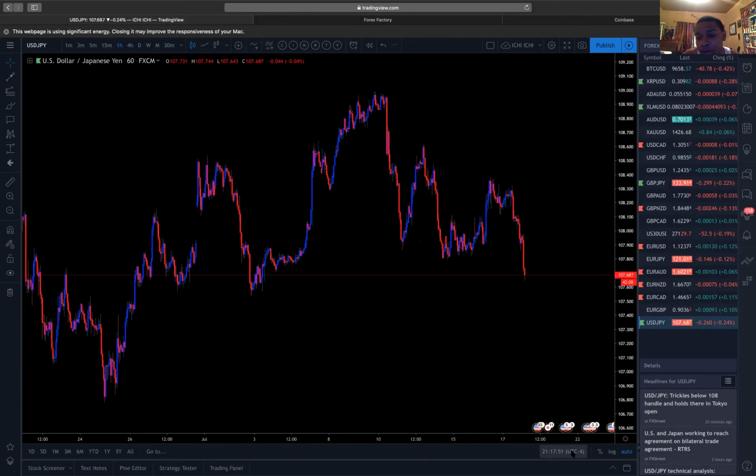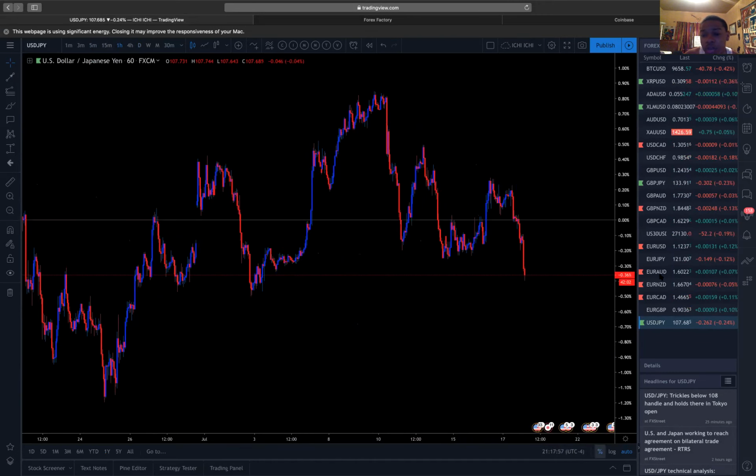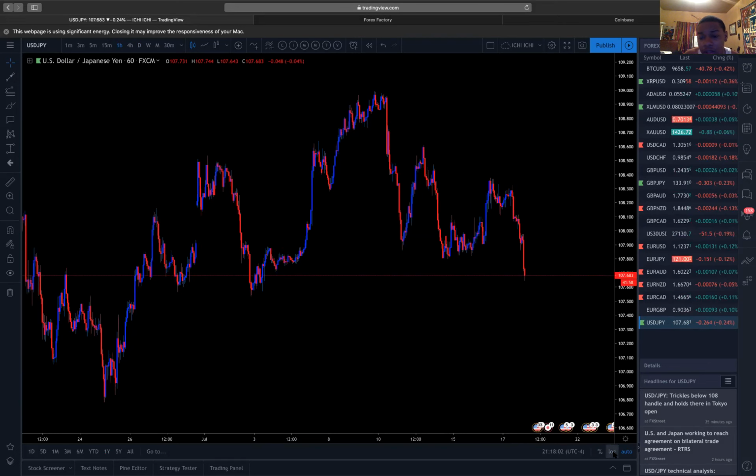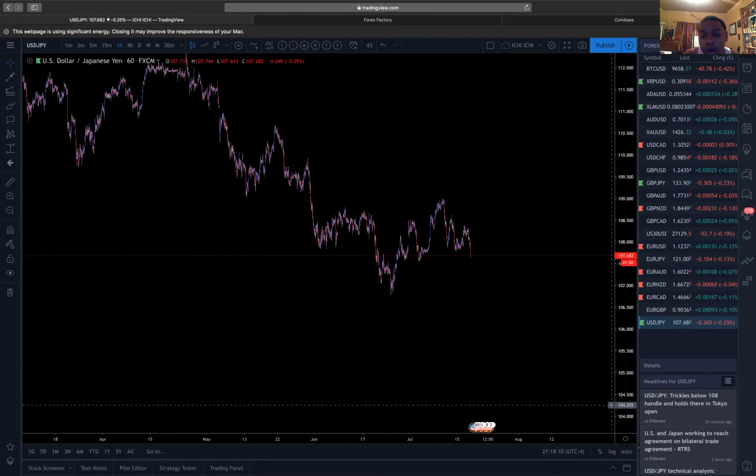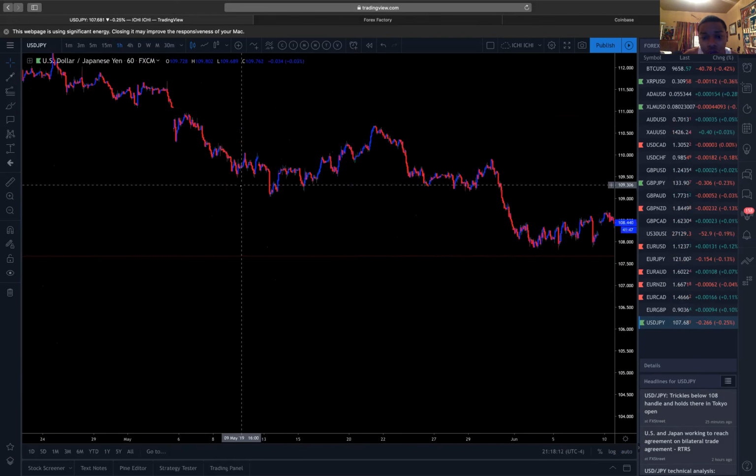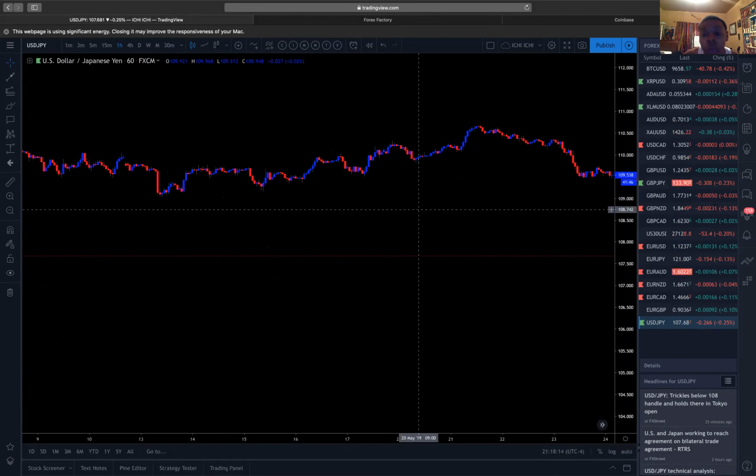Here you have your time zone. If you want to put it on time zones, I have mine on New York. If you want to put yours in another time zone, you can. Then you have the percentage, which gives you the percentages on this side. And then you also have your logarithmic if you want to change it from auto to logarithmic. Auto makes it so if I scrunch in or move it in a way that the chart usually doesn't move it in, really doesn't